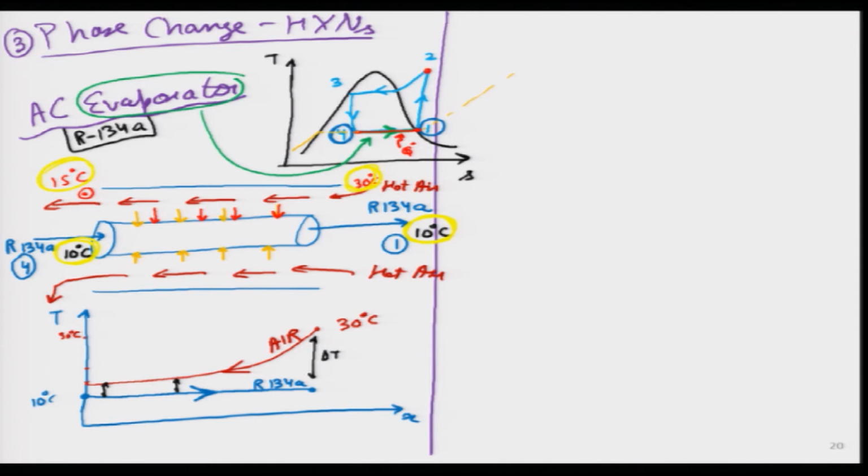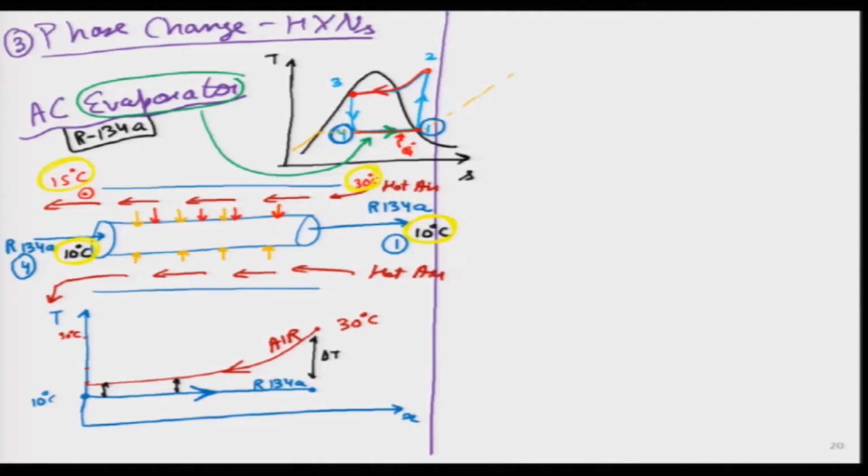now I can focus the attention of students on this TS diagram from 2 to 3. If I ask them what is happening from 2 to 3, those who have studied thermodynamics can immediately tell this is actually the condenser component of the air conditioner. So, we are condensing the refrigerant R134A. Technically speaking, it was initially at superheated condition, then it cooled down at constant pressure to saturated vapor, then finally it is cooled down to point 3 at saturated liquid.